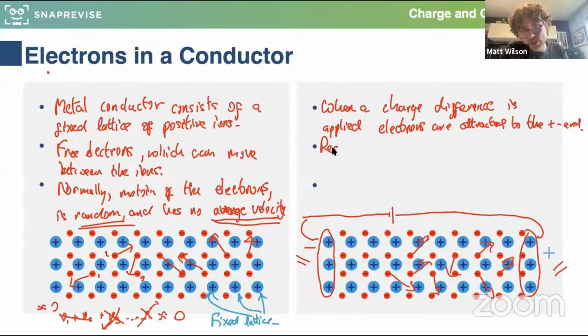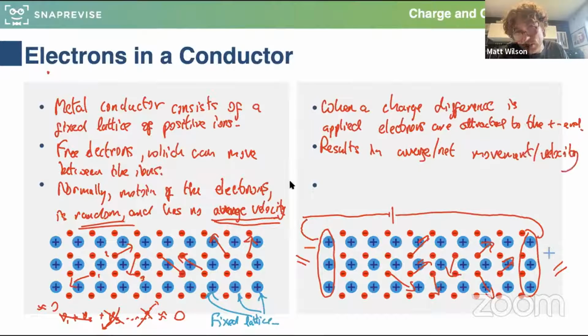Things are roughly generally moving to the right-hand side now. So this results in an average, sometimes called average net, a net movement slash velocity towards the positive end. Okay, and now this average flow,